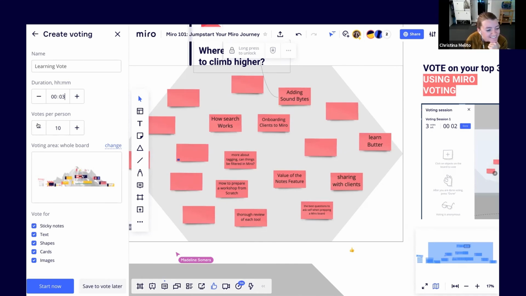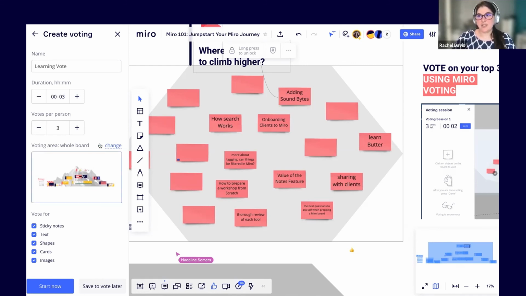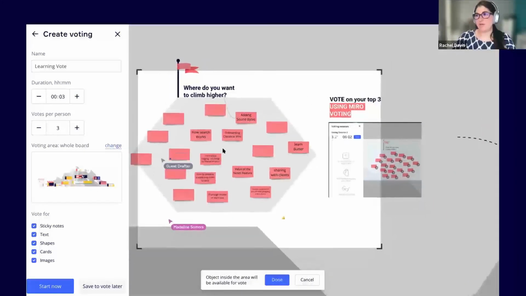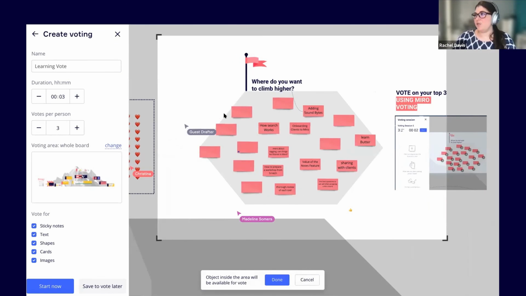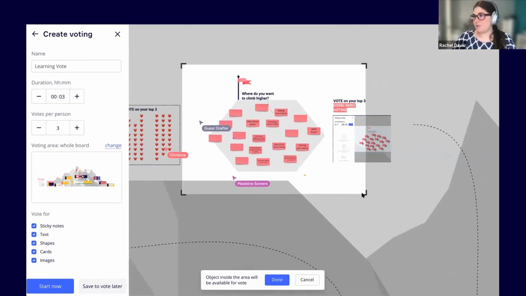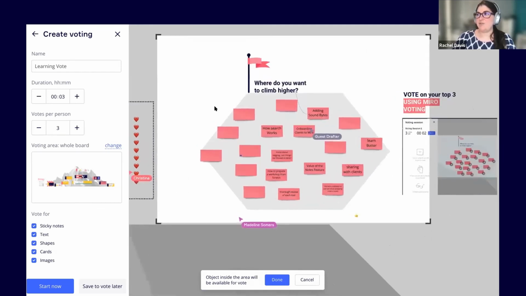Next time. Yeah. So votes per person. So go ahead and go here for 3 votes per person. And then we're going to change the voting area here. So you'll see here, it's asking where do you want to vote? So where do you want the area to be? One of the things is make sure not to just get the shape, because if someone has put a Post-it outside, if it's not in your voting area, they won't be able to vote on it.